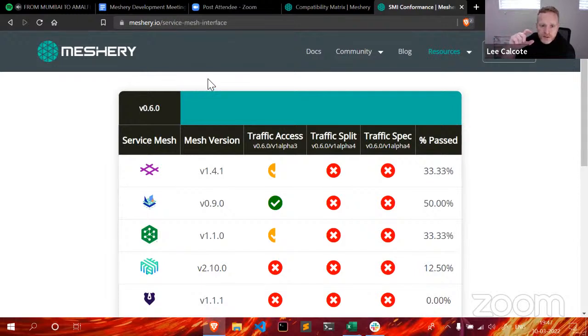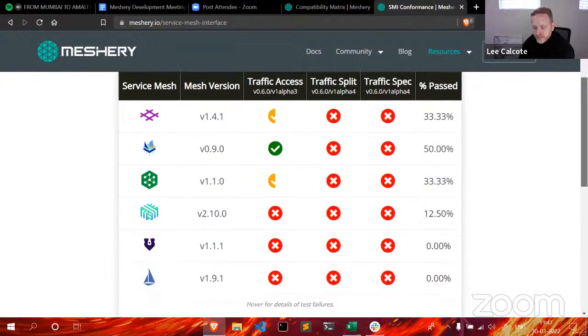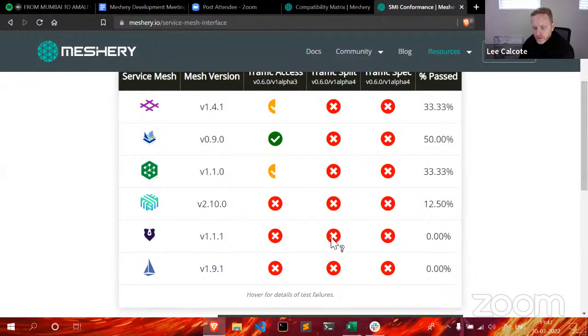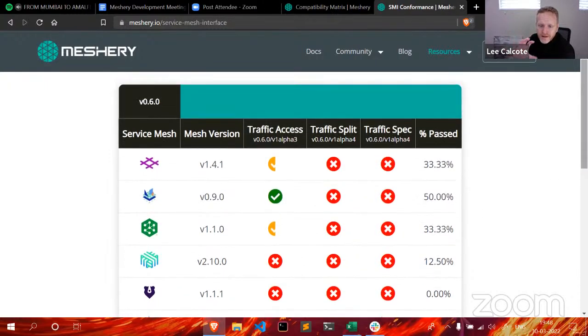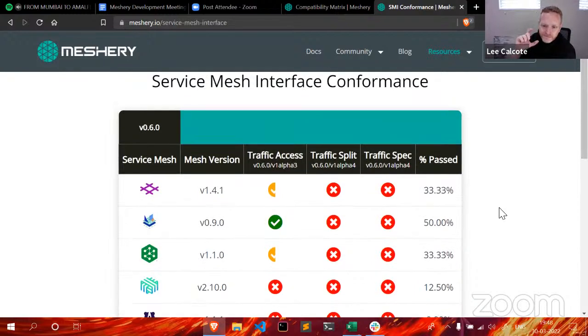So if there was a selector there, like a dropdown, then given that this is a service mesh interface report, you could then browse by service mesh interface version who is compatible. Yep. So now that I think is mostly making sense, let me make it more complicated, which is that, well,